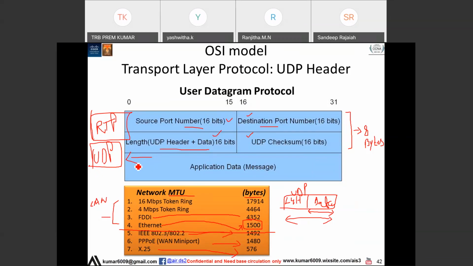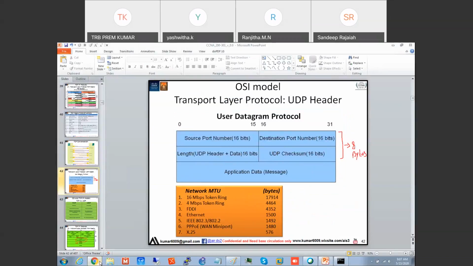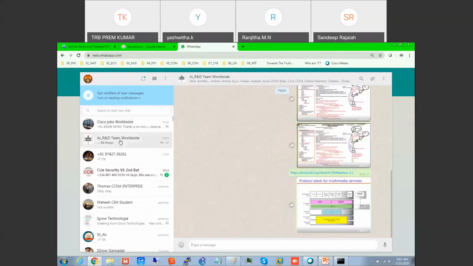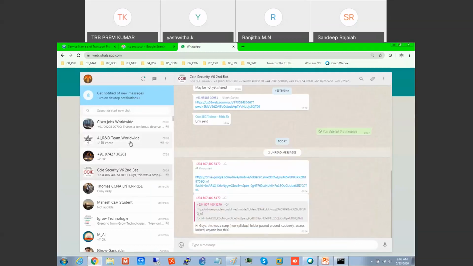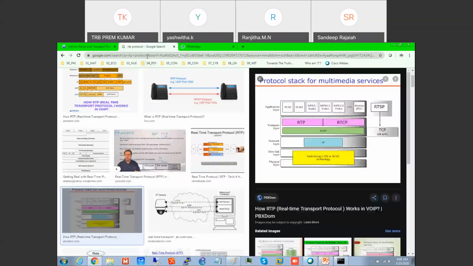I have a question on the MTU size. Consider one high-end router is having an MTU size of 2500, and one small router is capable of handling only 1500 MTU size. But if we set the MTU size as 1200 or 1000, will it affect the data transfer? Data transfer will be slower. Not slower. See, there are two things here.